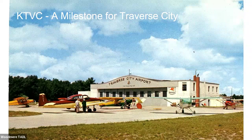So then in 1936, we decide to pick up and move over to present day location of the Cherry Capital Airport. Now this was a postcard. This wouldn't have been immediately in 1936. These aircraft pictured here are going to be more 50s era, but still a lovely, colorful photo. I'm glad that the Historical Society picked this one for my little blurb. But this hangar, take a good note of this hangar, because this hangar has interested me for so long,